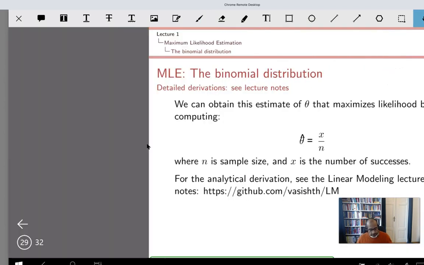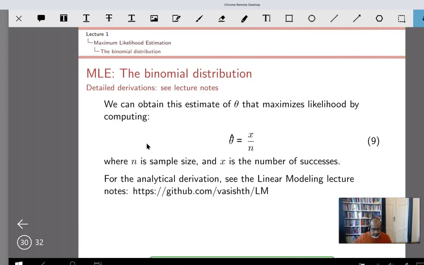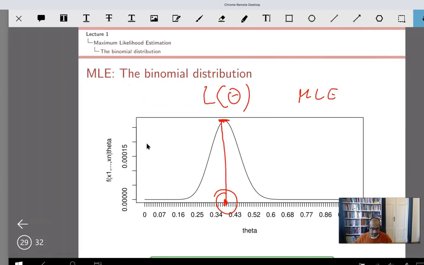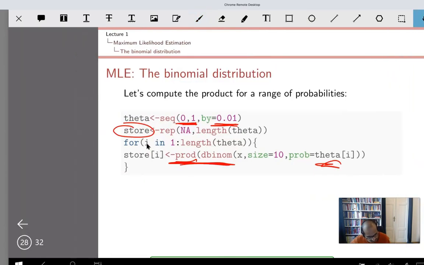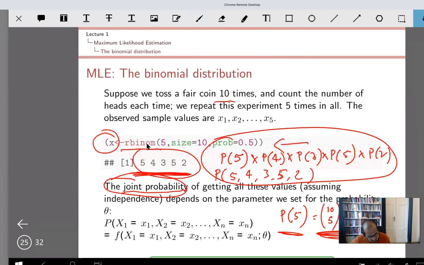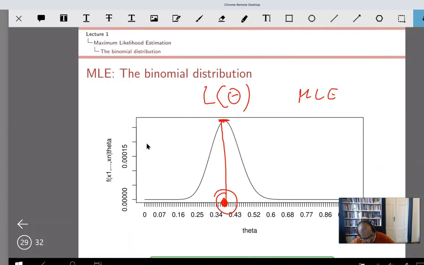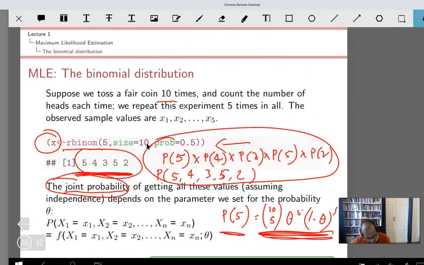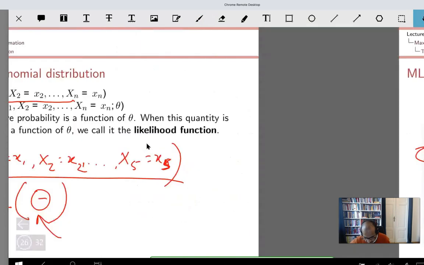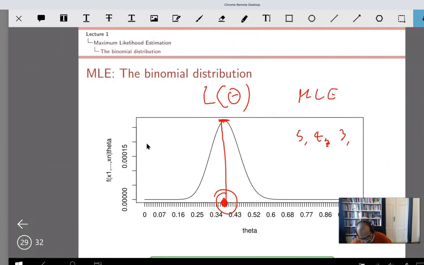Okay. So in the case of the binomial, you can analytically work out this maximum point, given some data, right? So what was our data? Let me just remind you quickly. It was 5, 4, 3, 5, 2 heads, right? That's our data right now. So given the data, what is it? I already forgot the numbers, sorry. 5, 4, 3, 5, 2, right? Yeah. So 5, 4, 3, 5, 2 was our data. Given these data,